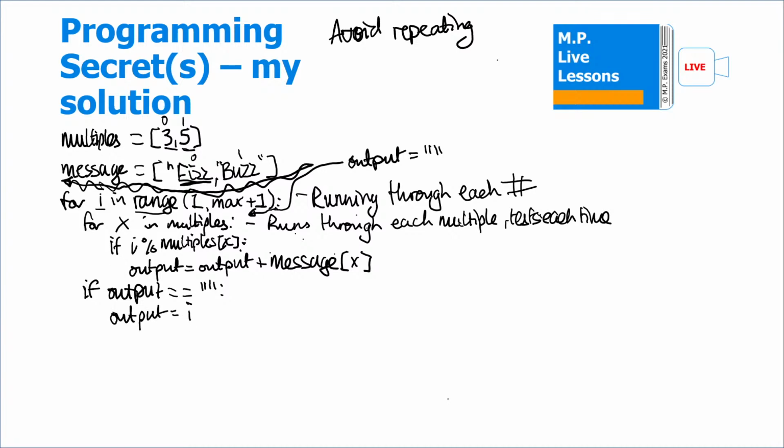We just assign it i, and print the output. The good thing about this is it takes into account, for example in interviews, that the interviewer might ask you to change a few bits. For example, they might ask you to make it work with 7s easily, which you could just simply change,